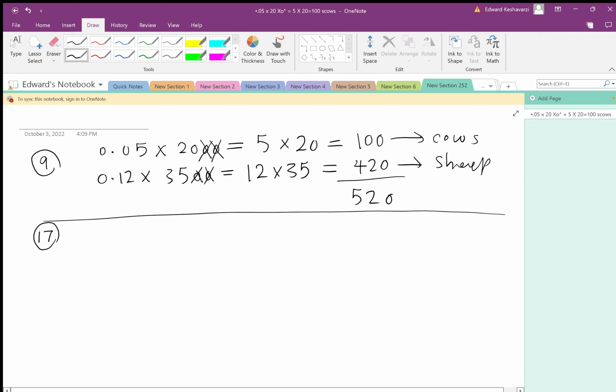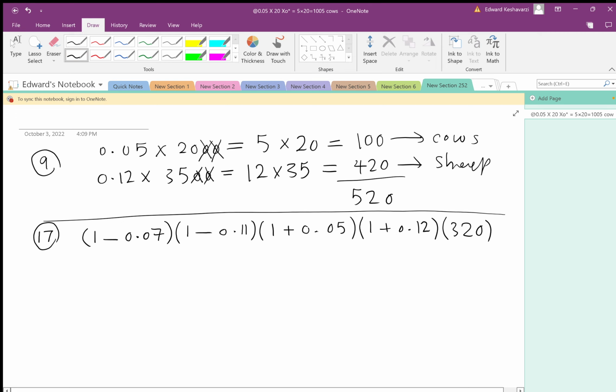So the first discount is 7%, so we write it as 1 minus 0.07. The second discount is 11%, 1 minus 0.11. And the first tax is 5%, so we write it as 1 plus 0.05. And the second tax is 12%, which is 1 plus 0.12, times the original price, which is 320. The rest of that is a calculator thing that I leave to you to use your calculator to get